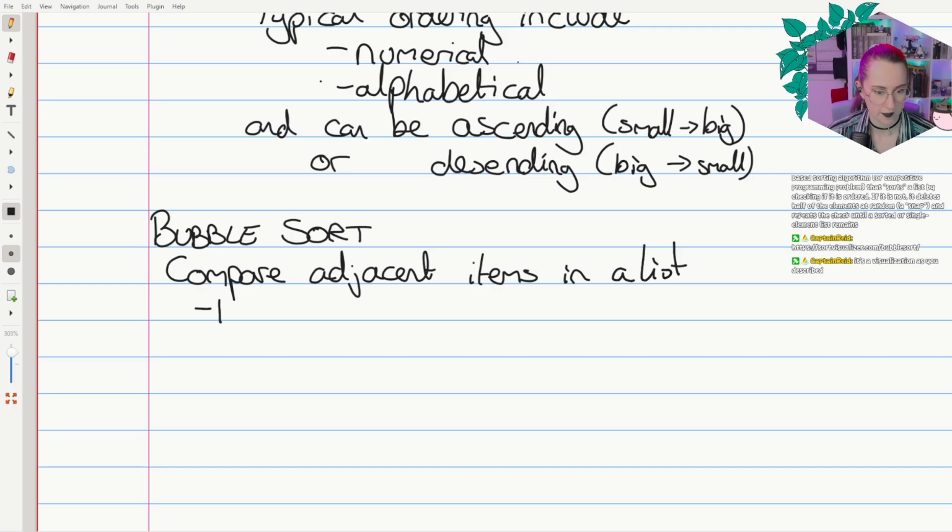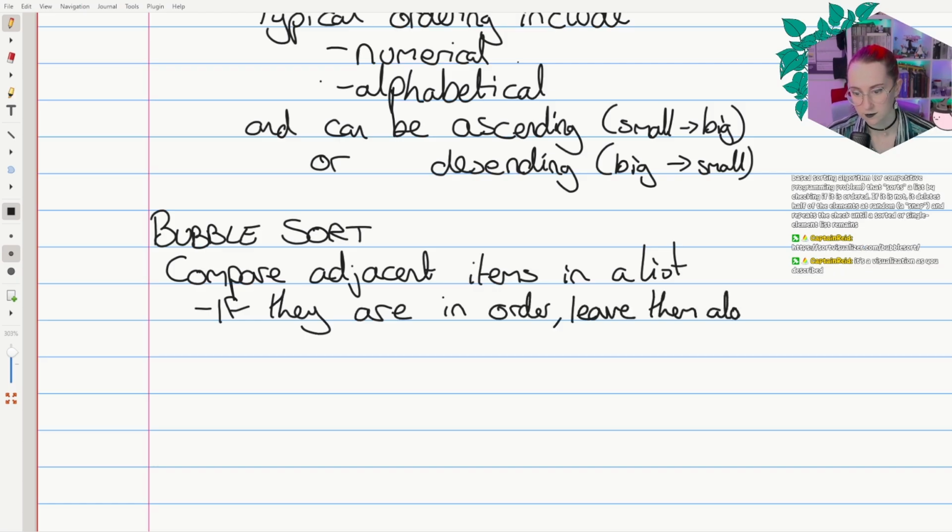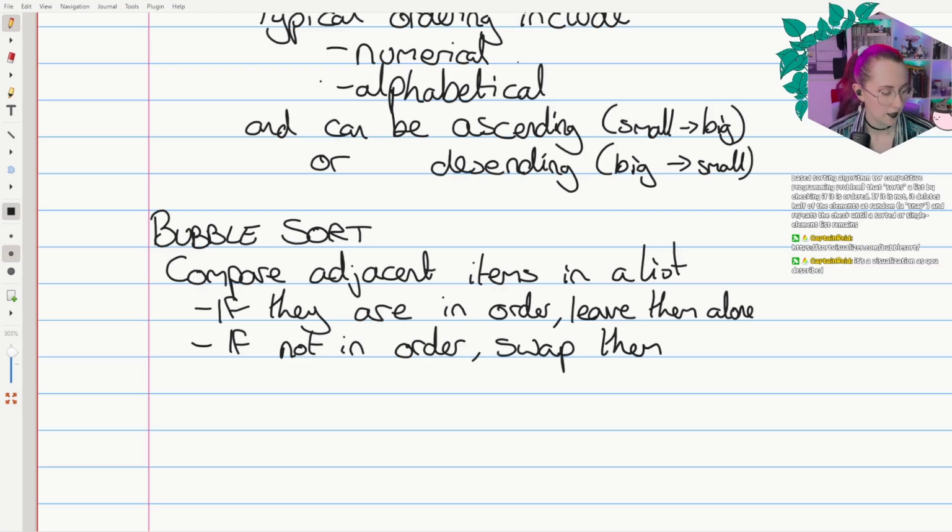And then if they are in order, leave them alone. If not in order, swap them. And then